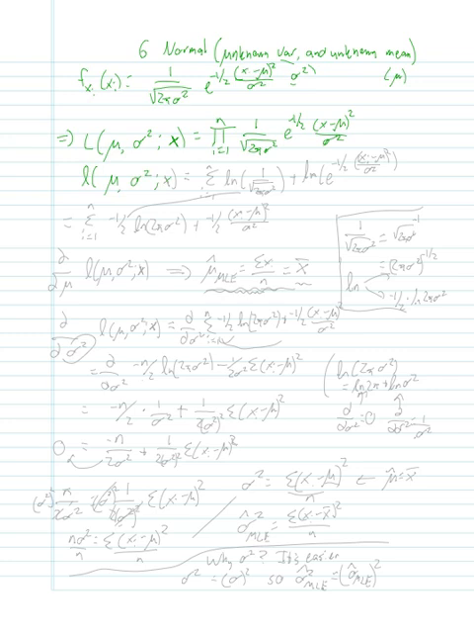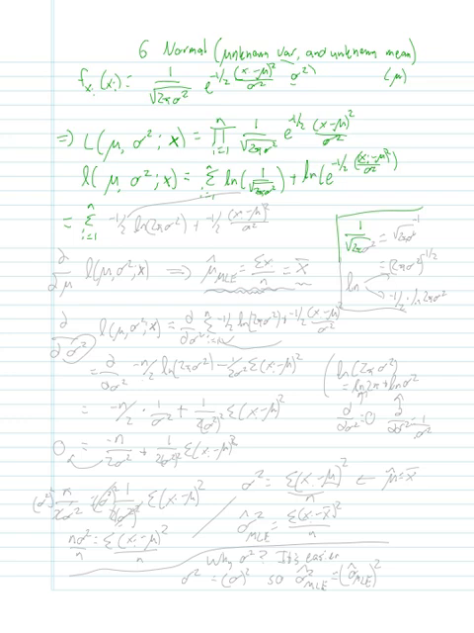Or log likelihood, L, is equal to the sum of the logs of 1 over square root 2 pi sigma squared, plus the log of e to negative 1/2 xi minus mu squared over sigma squared, right? Which is equal to, I'm just gonna simplify these logs down a little bit, the sum of,